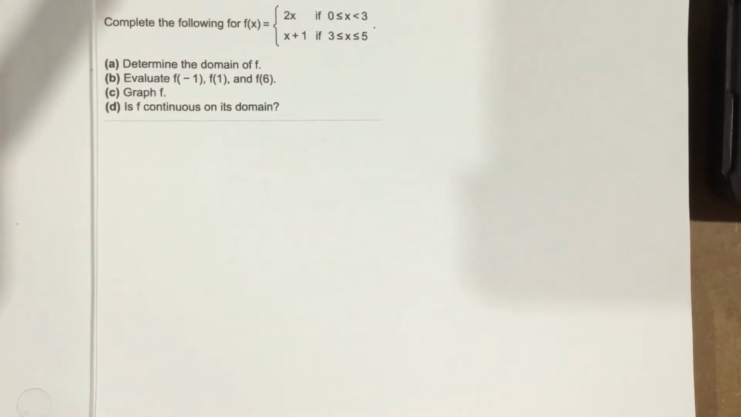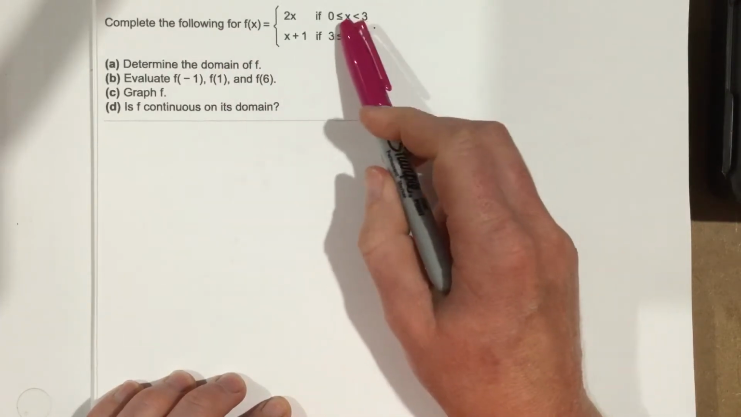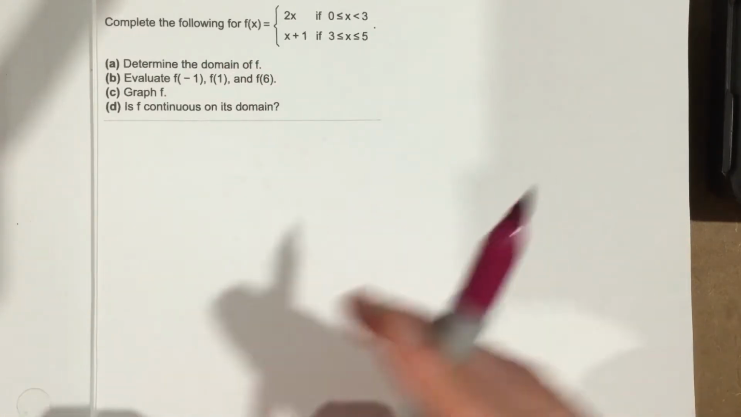This is problem number 5 from section 2.4. In this problem, they say complete the following for f of x. And they give you a piecewise function. It says determine the domain of f. Well, the domain of f